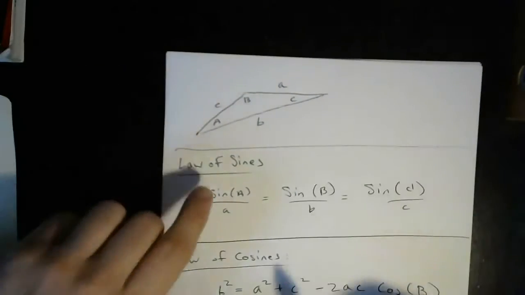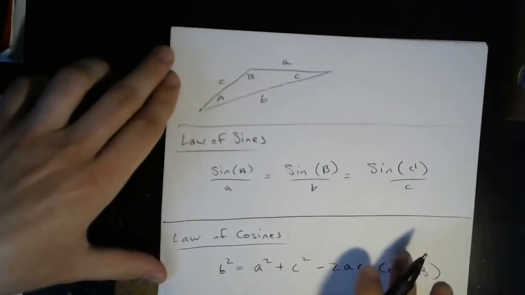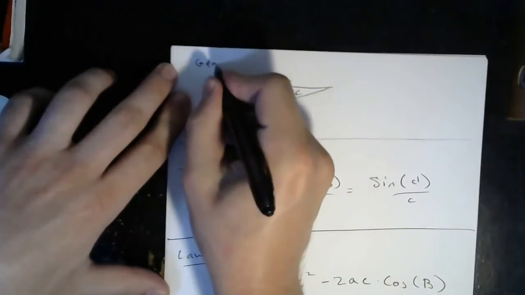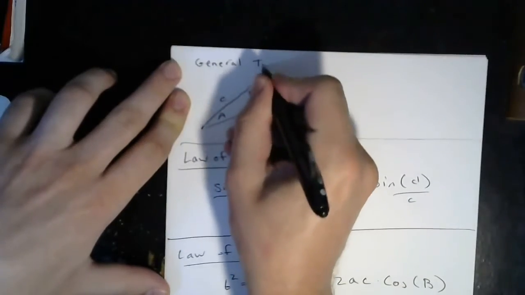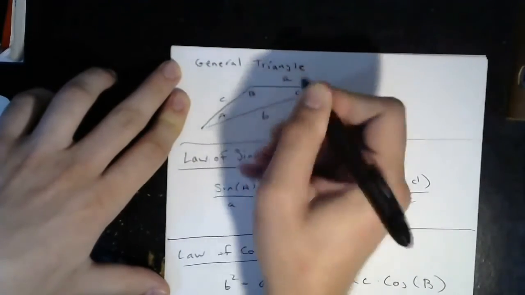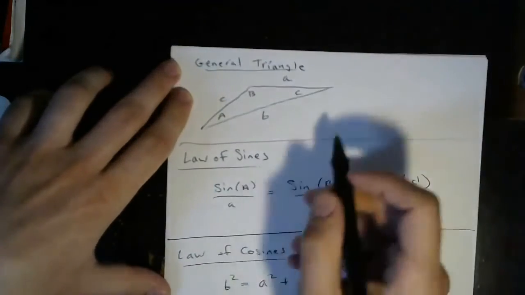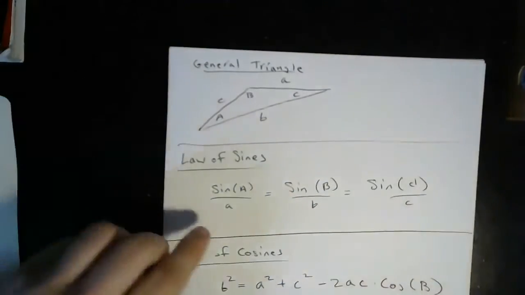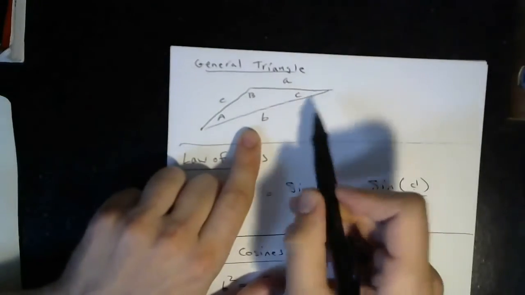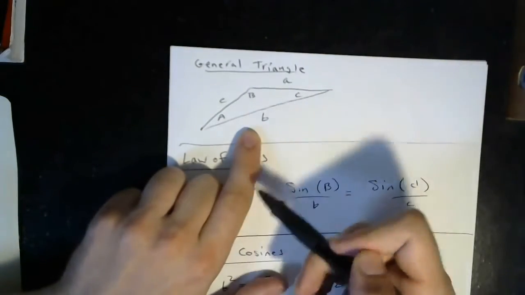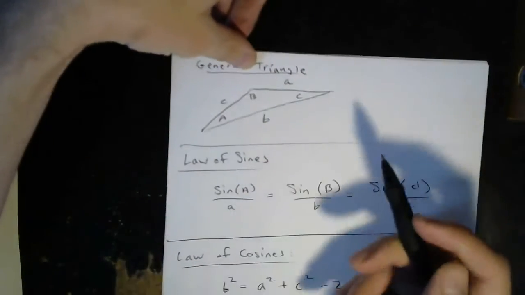In this video, I'm going to talk about two theorems that apply to general triangles. When I say a general triangle, I just mean any triangle, not necessarily a right triangle. And when we have a general triangle, such as this one here, we have to label in a very